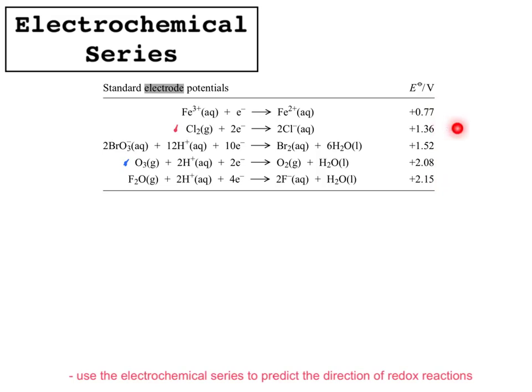The more negative electrode is going to have electrons flowing from it to the more positive electrode, because the electrons are going to be attracted to the more positive electrode. So here, electrons are going to flow from the chlorine electrode to the ozone electrode, which means electrons are going to be lost